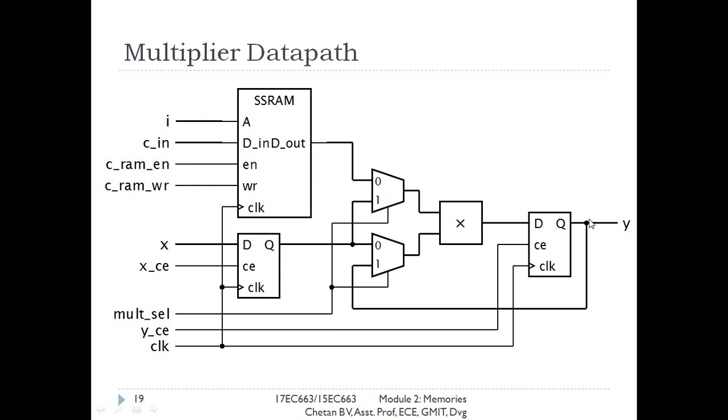In the next iteration, as this Ci into X is fed back to this multiplexer, when you make this select line 1, the output of this register, which is Ci into X, will be multiplied with X again. Here you can observe there is a connection from the second input of the multiplexer to the output of this register, which is storing X. So this X will be multiplied with the product Ci into X. Ultimately at the output you receive Ci into X square, which will be stored in this register.